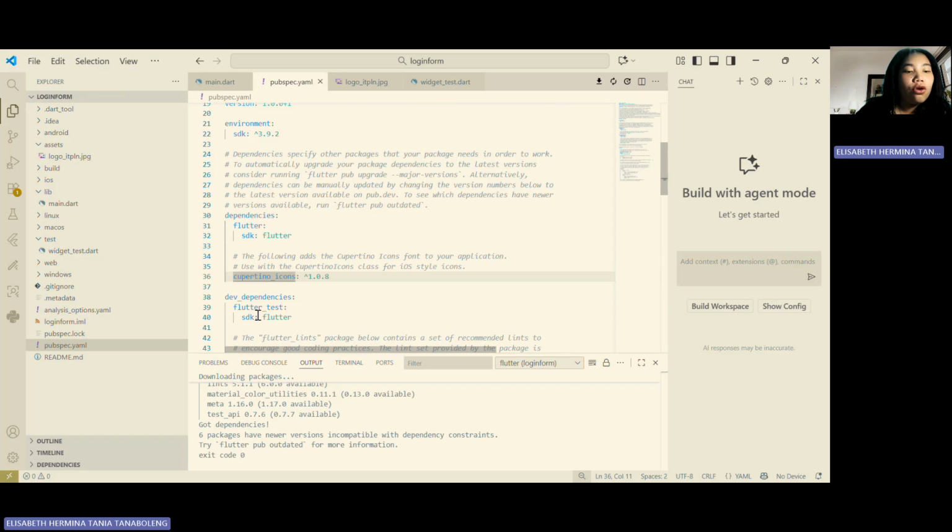You can add other packages as needed, such as http, provider, google_fonts, and others. After adding them, simply run flutter pub get to download them to your project.